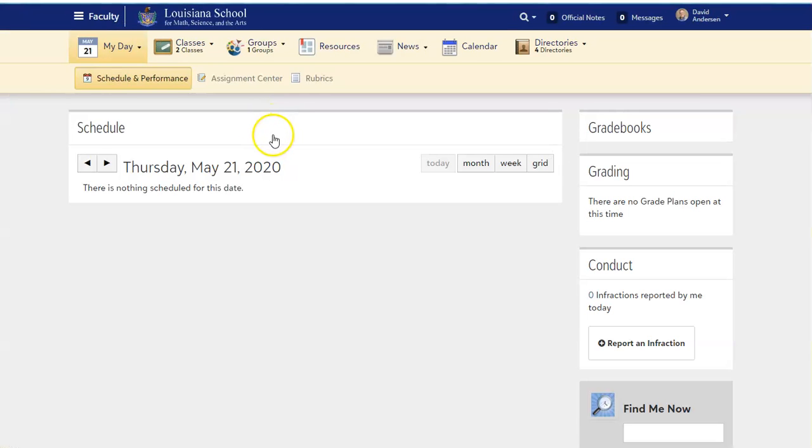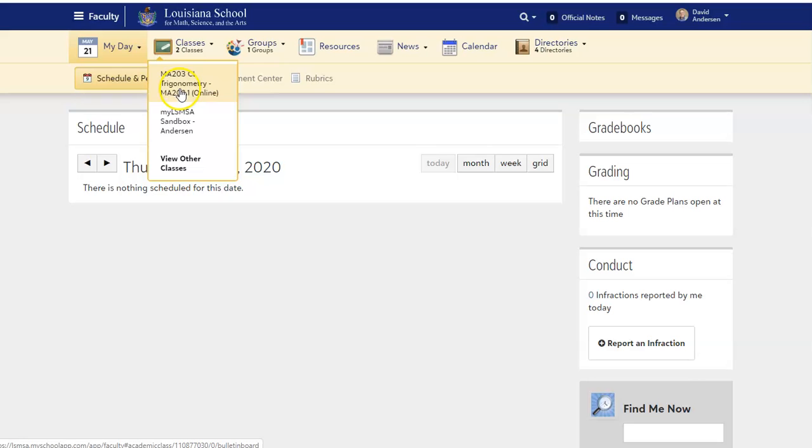If not, we need to contact Ms. Roe Myers or Dr. Christy Key. If you have any problems with My LSMSA, they are probably the best ones to look at. You can always contact me, but I have less control and I'm not at the school to help, but I can get the word to them. When you get in, I'm not sure exactly what yours look like, but if you have to choose your class,